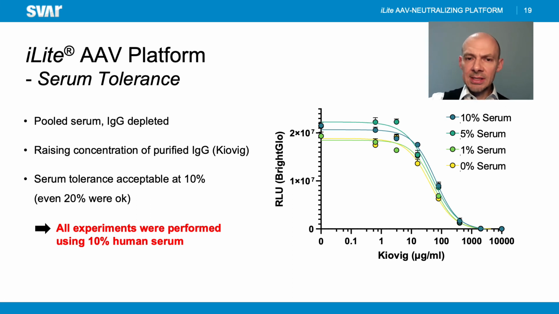Before showing the individual samples, we also tested for serum tolerance. We did the experiment explained on the last slide and used various amounts of serum or matrix, as I said before. Serum tolerance was acceptable up to approximately 25%, so we decided to work with 10% human serum. Serum dilutions of 1 to 10 are very common. So keep in mind all experiments in the upcoming slides are done with dilutions of 1 to 10, 10% human serum.